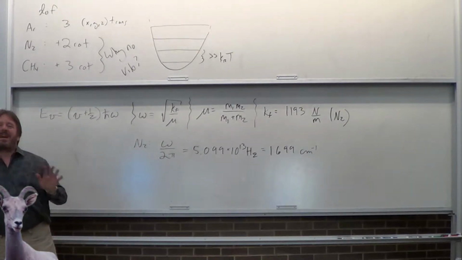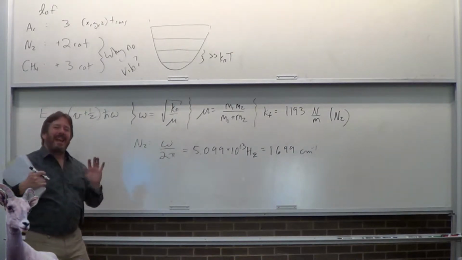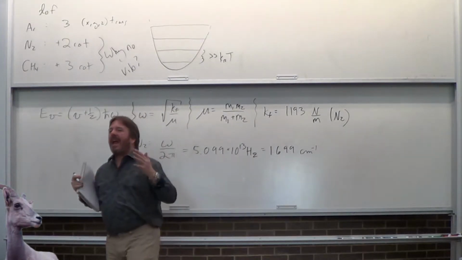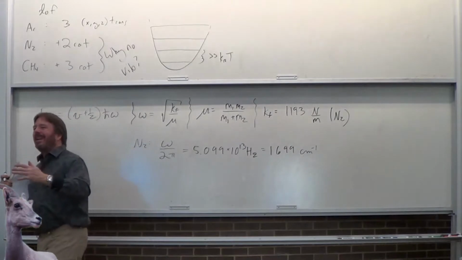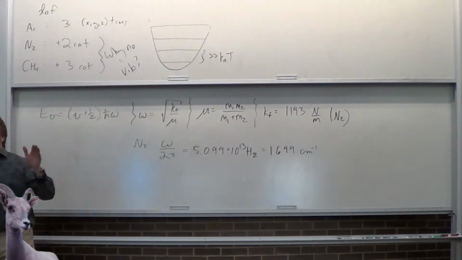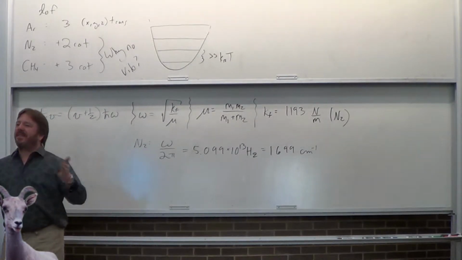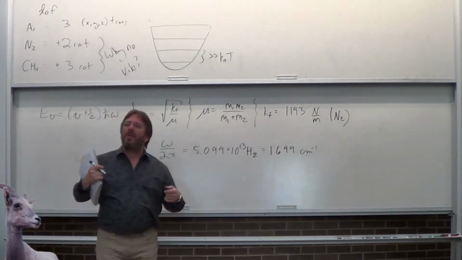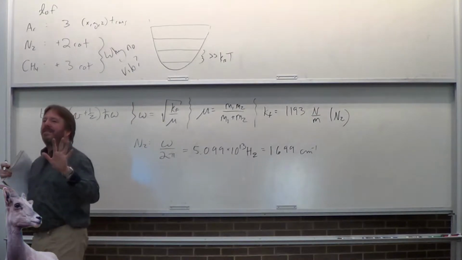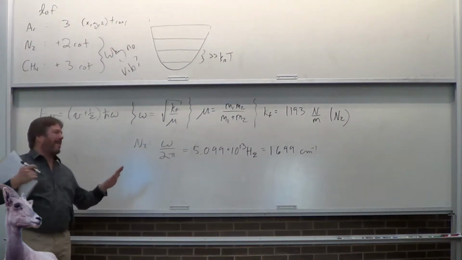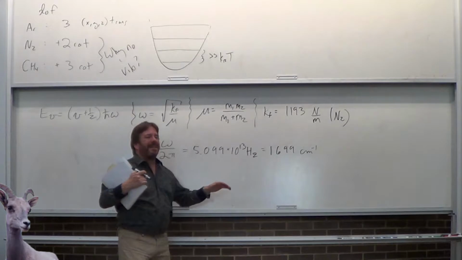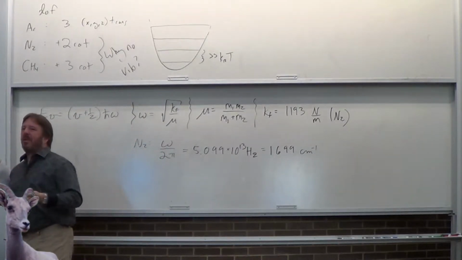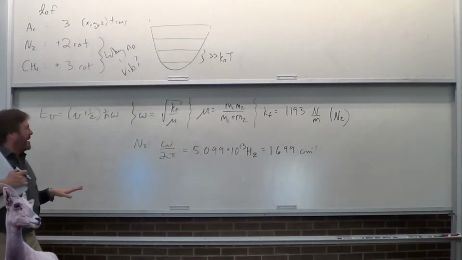Except that H2 doesn't have a dipole moment, heads up. N2, H2, I2, those things, they actually aren't IR active, and you know that because you plug in the vibrational wave functions and the dipole operator, and you get 0. It takes heterodiatomic, it takes CO. CO is IR active. And the reason is because when you plug in those vibrational wave functions in the dipole operator, then you don't get 0. So anyway,